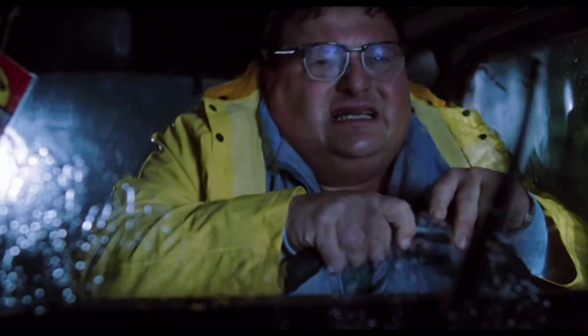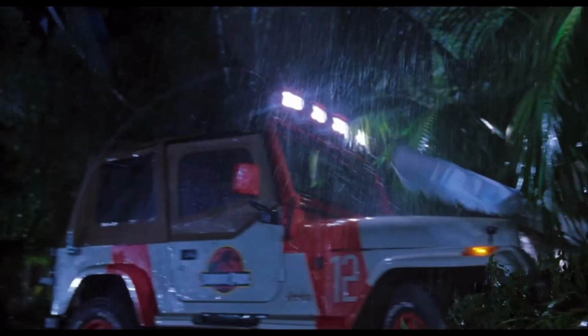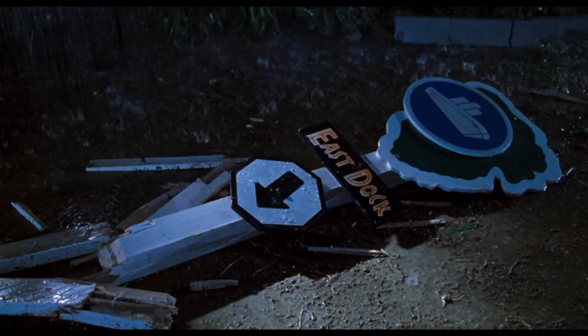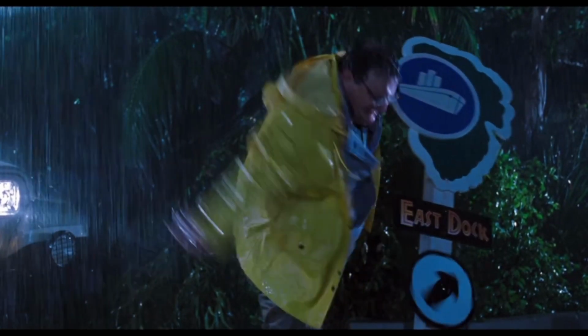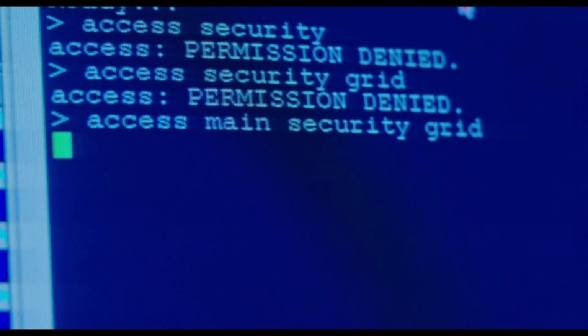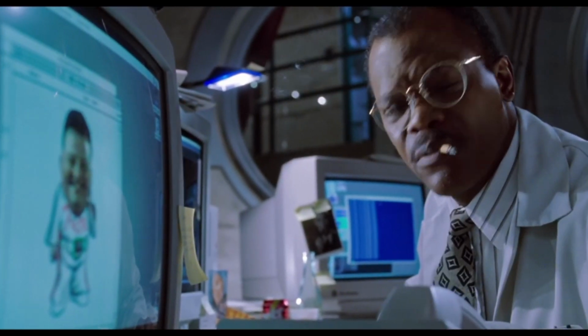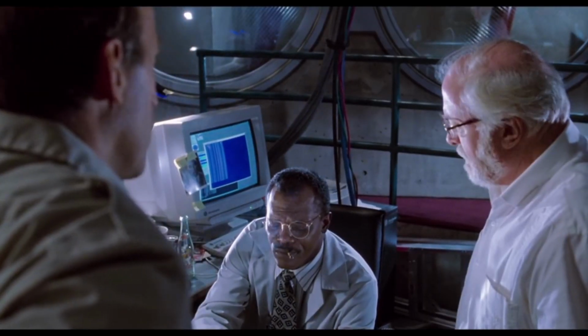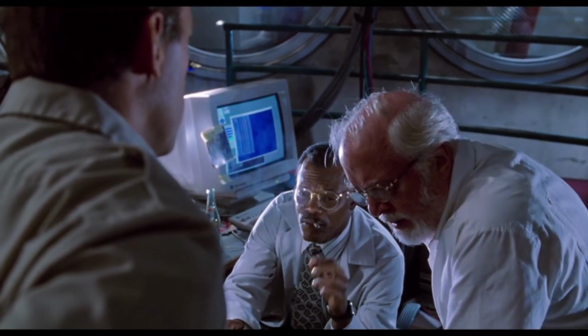However, being a bloody idiot, he doesn't pay attention to the road and crashes into the East Dock sign, rendering it useless. He takes a guess at which way to go. Arnold frantically tries to get the fences back on, but can't get through Nedry's systems. Hammond tells him to try the phone, and they realise the lines are down. Hammond asks where the vehicles stopped.